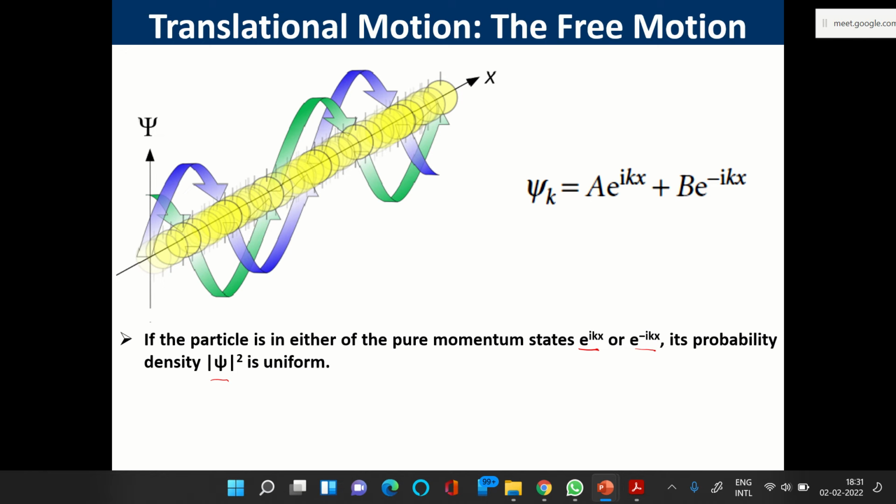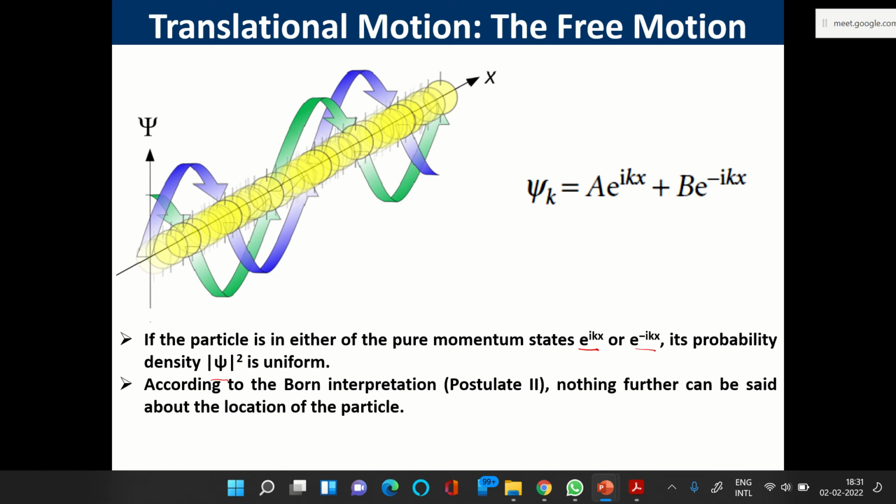These are pure momentum states, and according to the Born interpretation, what you have learned, you cannot say anything about the location of the particle. If the probability density is everywhere the same, you cannot talk about the location. So that is all right, because we have learned already that